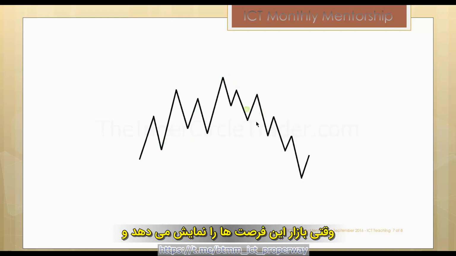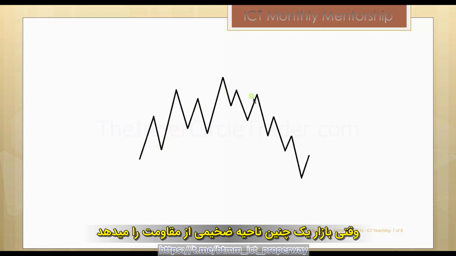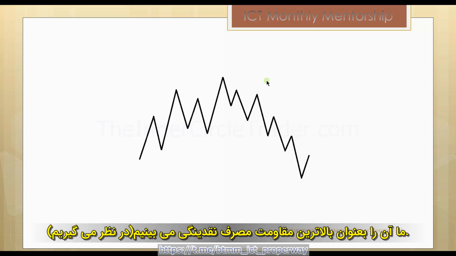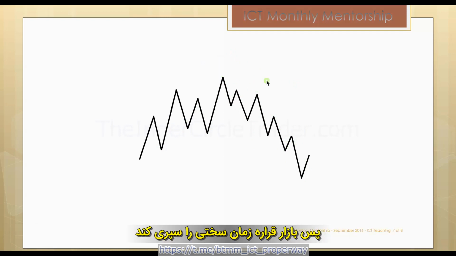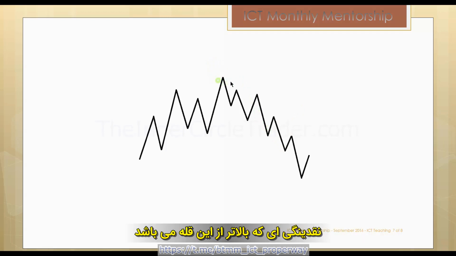When the market presents these opportunities, and again, this is not specific to any time frame, it's universal. But when we see the market give this very thick area of resistance, there's a lot of price action that the market has to trade through to get back to an old high of significance. We view this as a high resistance liquidity run. The market's going to have a very hard time getting through all of these previous lows and previous highs just to run out the liquidity that will be resting above this old high.